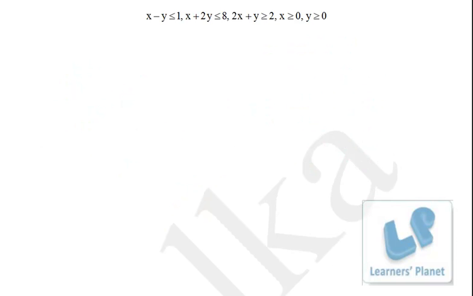Now here we have these five systems of equations. x is greater than or equal to 0 and y is greater than or equal to 0. Both of them are greater than or equal to 0. That means we are talking about the first quadrant. Now I take x greater than or equal to 0, y greater than or equal to 0. That's clear. Then I take x minus y